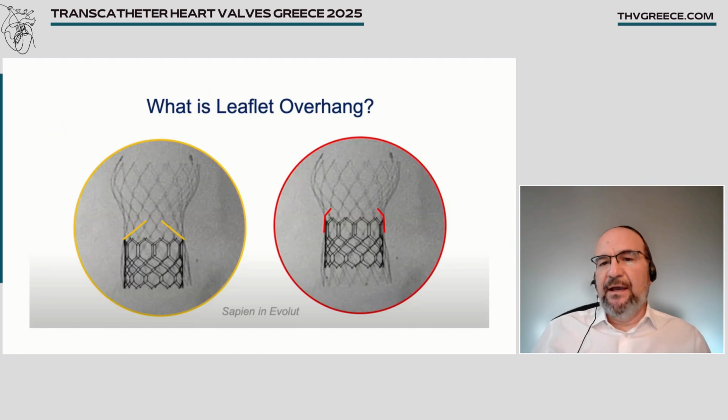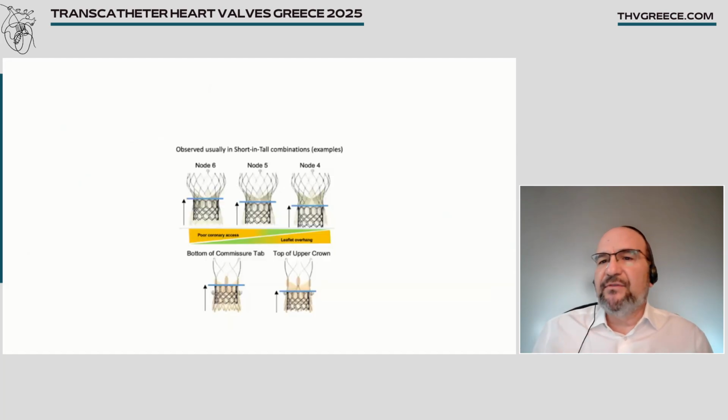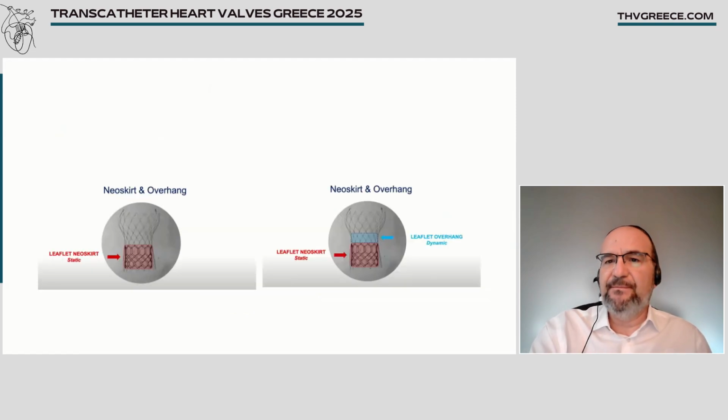So you can see when we perform a TAVI, a Sapien TAVI in an Evolut, depending on the height of the second valve, there is a various leaflet overhang. And what is the meaning of the leaflet overhang? If we have minimal leaflet overhang, we don't have stenosis. If we have more leaflet overhang, we may have more stenosis from the leaflets of the index, the first valve. And also we have to realize that the neoskirt is a static column, whereas the leaflet is a dynamic